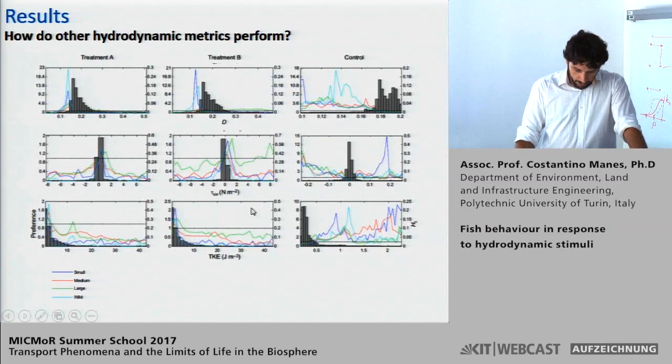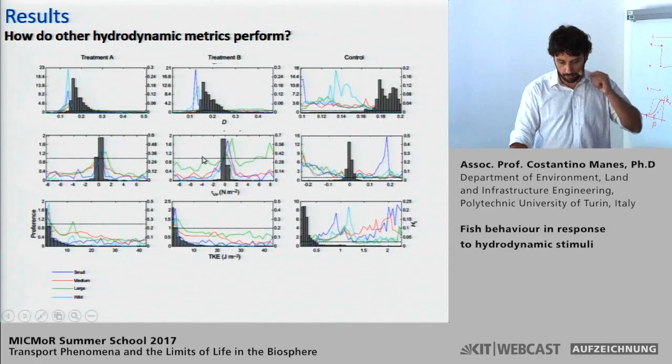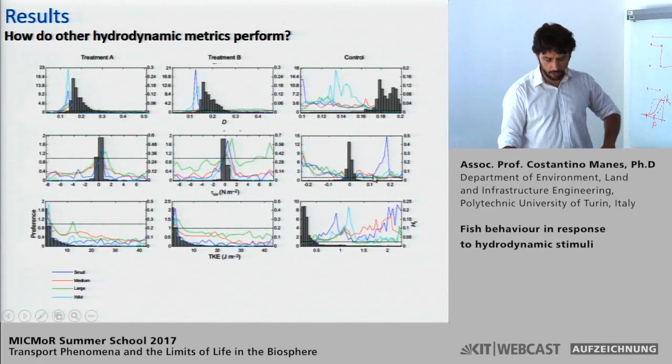Now, this is the shear stress, which was a big candidate according to literature. The preference follows the histogram, so it's not very meaningful in our opinion. And also the preference itself, the value ranges from 1.2 to maybe 9 versus the much higher values of the drag function. And overall, there is not a consistent picture from treatment A, treatment B, and control, actually, for the